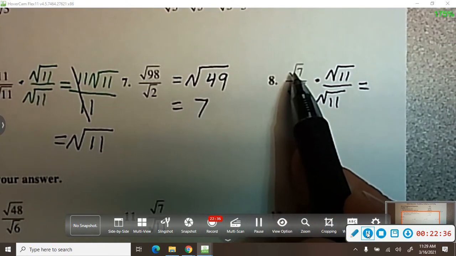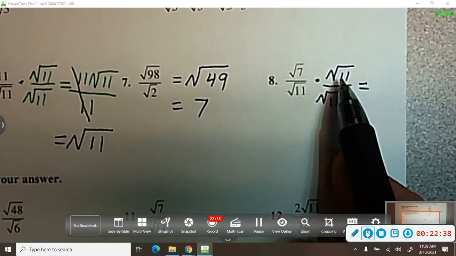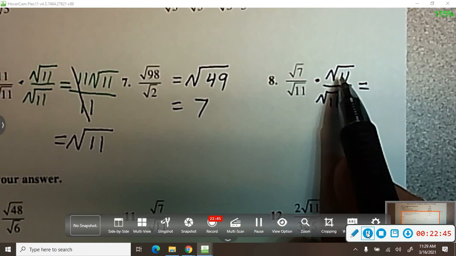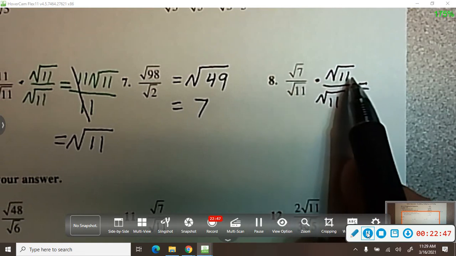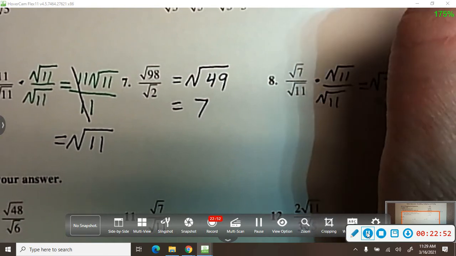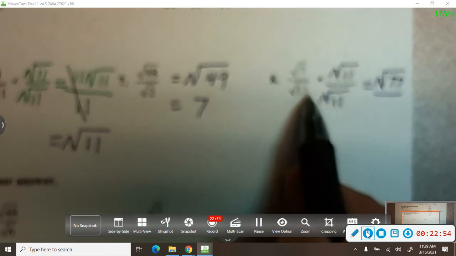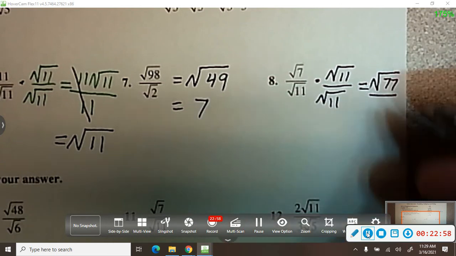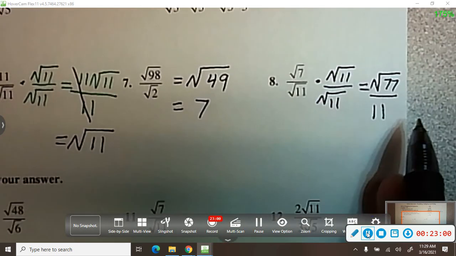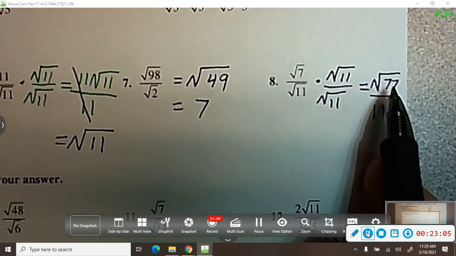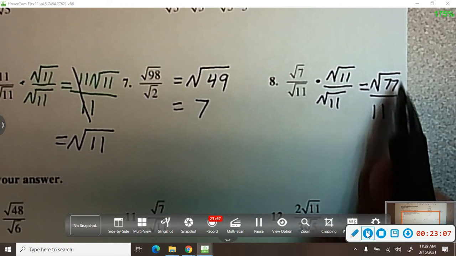Now here you have 7, here you have 11. They're both prime numbers, so this is not going to reduce any. So I'm just going to go ahead and multiply 7 times 11. They're both inside the radical. 7 times 11 is 77. Here, the square roots cancel. Square root of 11 times square root of 11 is just 11. I cannot take 77 divided by 11 because 77 is in the radical, 11 is not. So this is my simplified